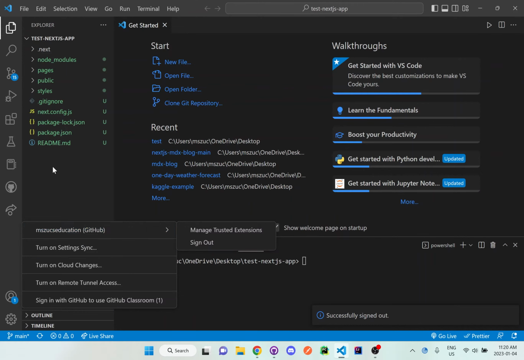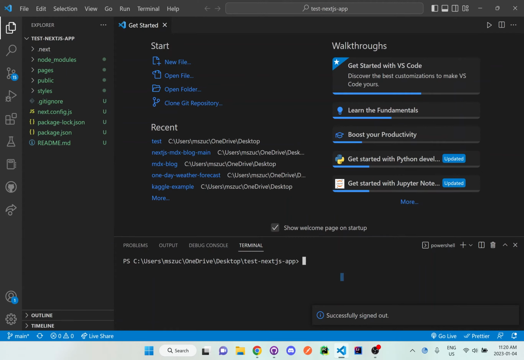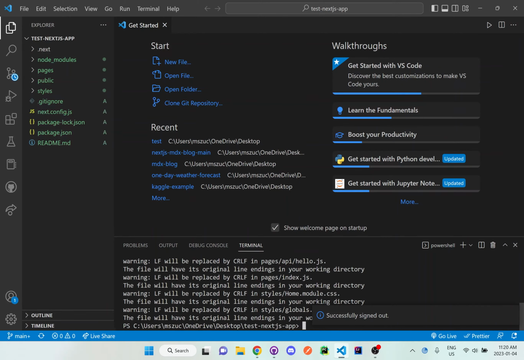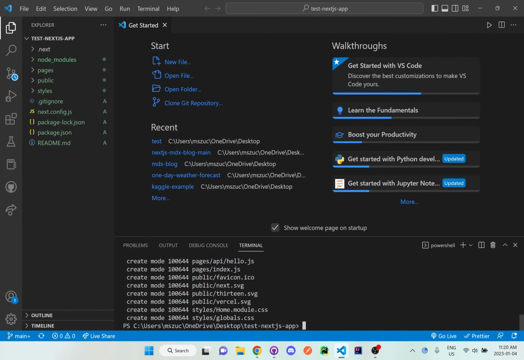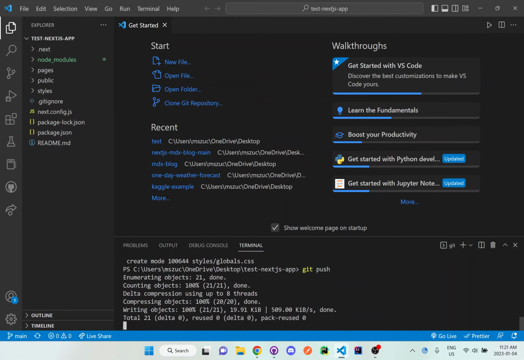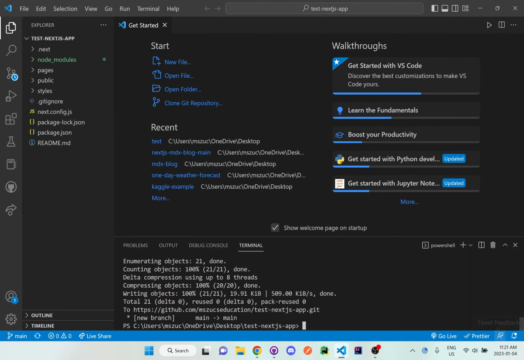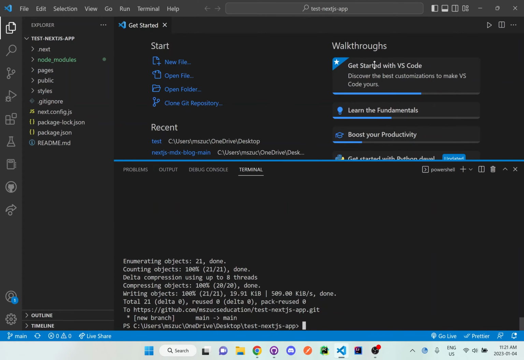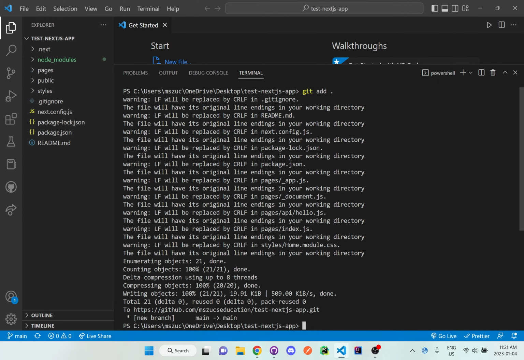And now that I have the one I want, I'm going to do the git add dot, git commit -m "new files and folders", and then git push, and now this should be on our GitHub repository.